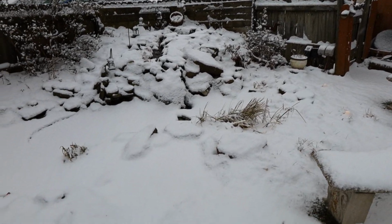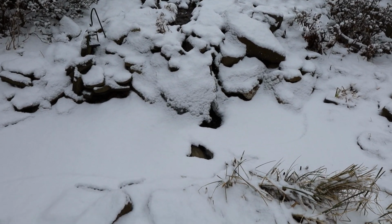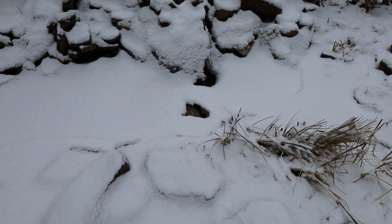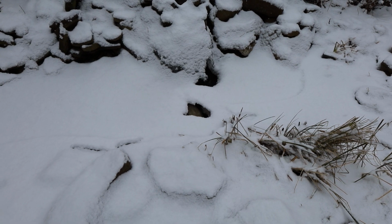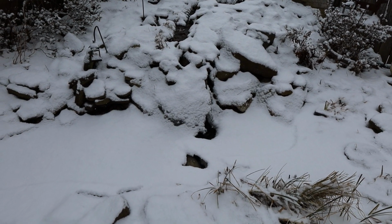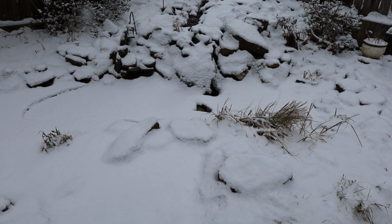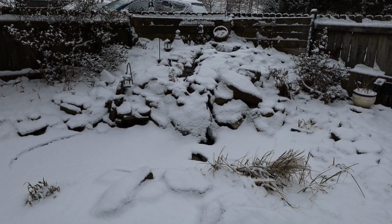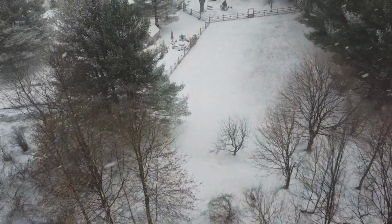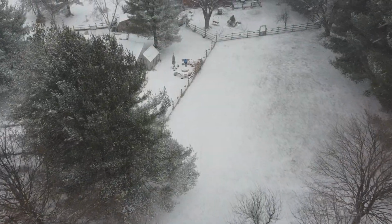here is the pond, looking very wintry. It looks like my device for keeping at least a hole in the ice is working, and that's good, so the fish continue to get oxygenated, and they are just more or less slumbering underneath there. But that's how the pond looks on January 31st, and I imagine that we might just be back here tomorrow shooting the February garden video if this